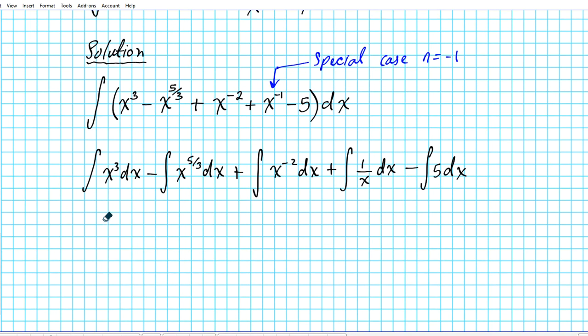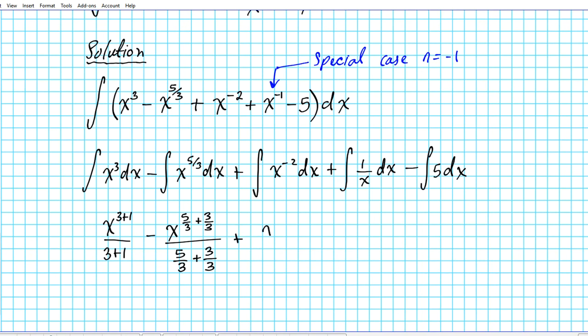So for this, we'll have x to the 3 plus 1 divided by the power, whatever the power is, plus 1. That's what goes in the denominator. Okay, minus x to the 5/3 plus 1. But to save time, I can write it as plus 3 over 3. 3 over 3 is the same thing as 1. I'm writing it as 3 over 3 because I want to write 1 as a fraction with a denominator of 3, because the denominator of this fraction is 5/3, so we have a lowest common denominator. Okay, so that same power goes in the denominator, 5/3 plus 1, which can be written as 3 over 3,